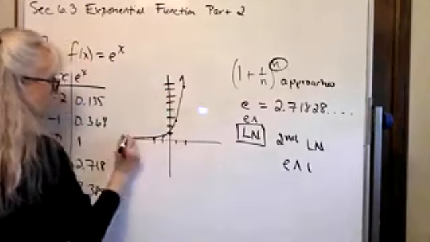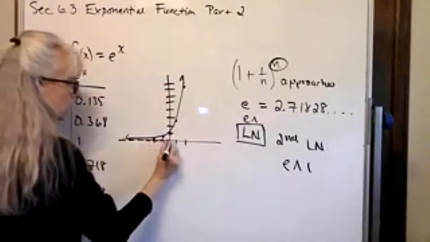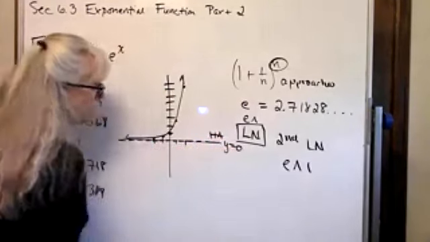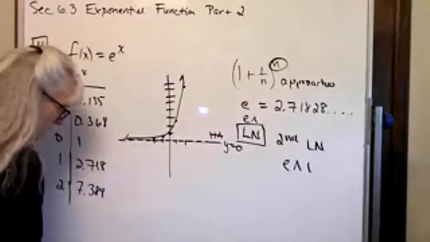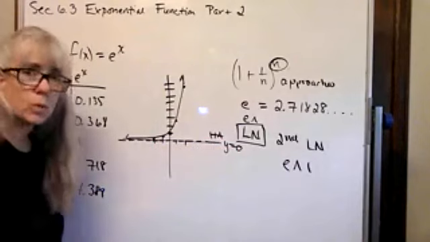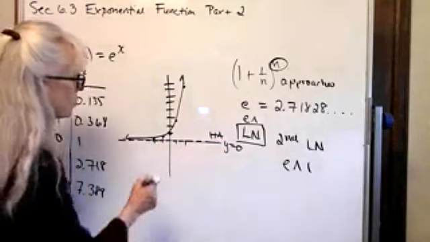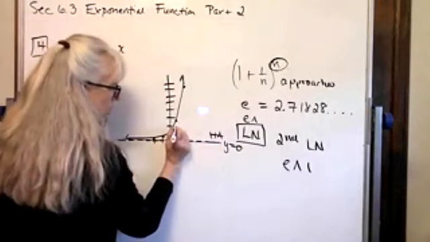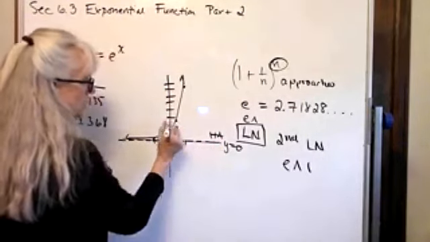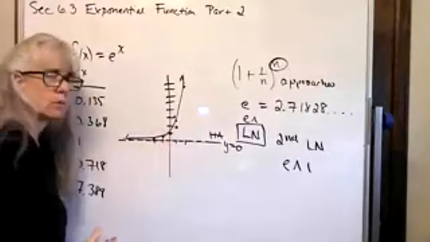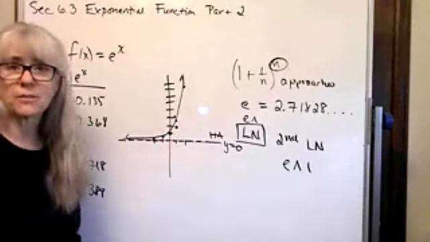So the graph has the same exponential shape, has the same horizontal asymptote. But if we graphed 2 to the x and 3 to the x on the same grid, we're going to see that sure enough, this graph lies between the two. So we know that when we did 2 to the x, we ended up with a value of 2. We did 3 to the x, we ended up with a value of 3. So you can see how this 2.718 is between 2 and 3. So it's definitely a function that fits what we